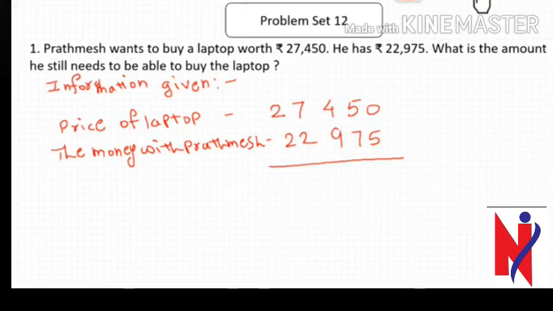How much money he needs to buy this laptop? He's short of money. No, he's not having full money. He's having less money. So how much more money he requires? So it will be subtraction, minus. So the last statement will be,